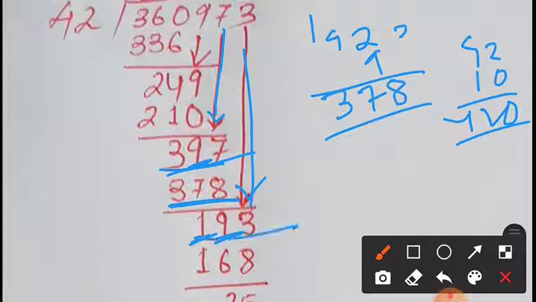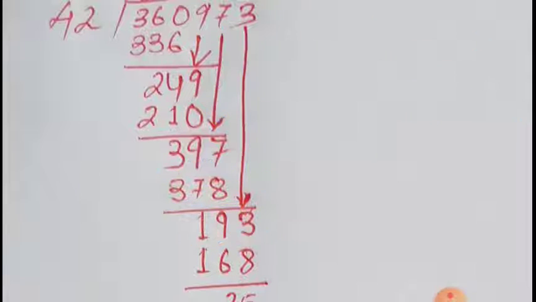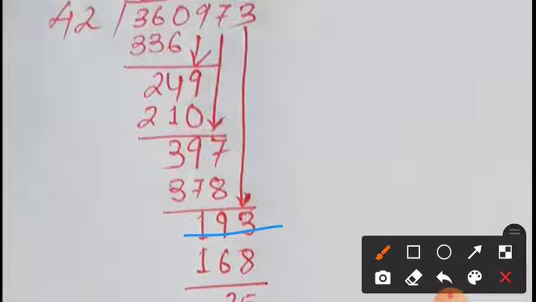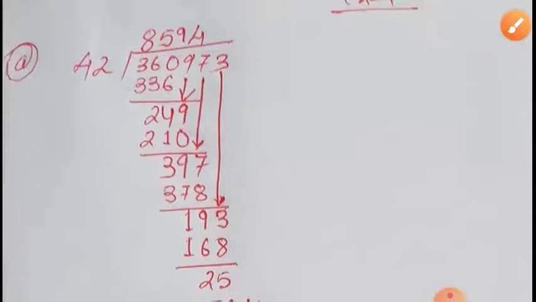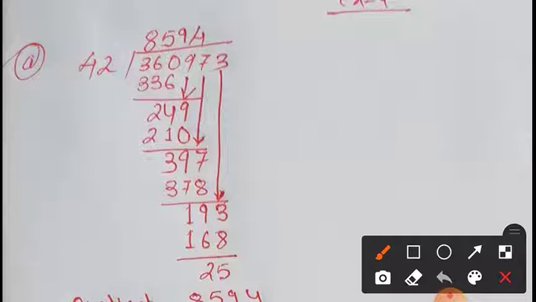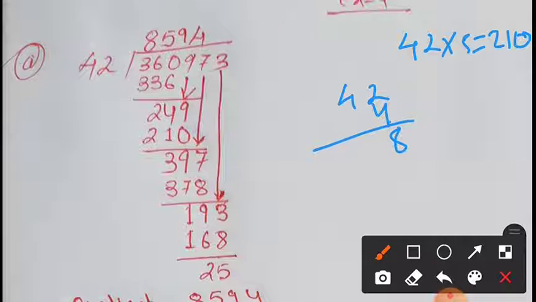it will be 193. So now we'll try to find a number which is either equal to 193 or a little smaller than or closer to 193. Same way we'll multiply. We already know what we have to do. We know if you multiply 42 with a 5, your answer is 210. We already know this one. So we have to definitely multiply 42 with a smaller number, and that is 4 twos are 8 and 4 fours are 16. 168 is a great number.